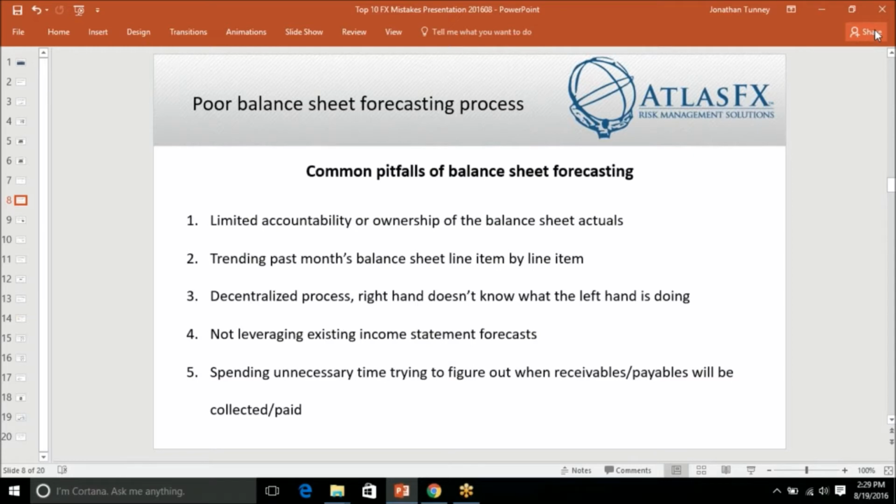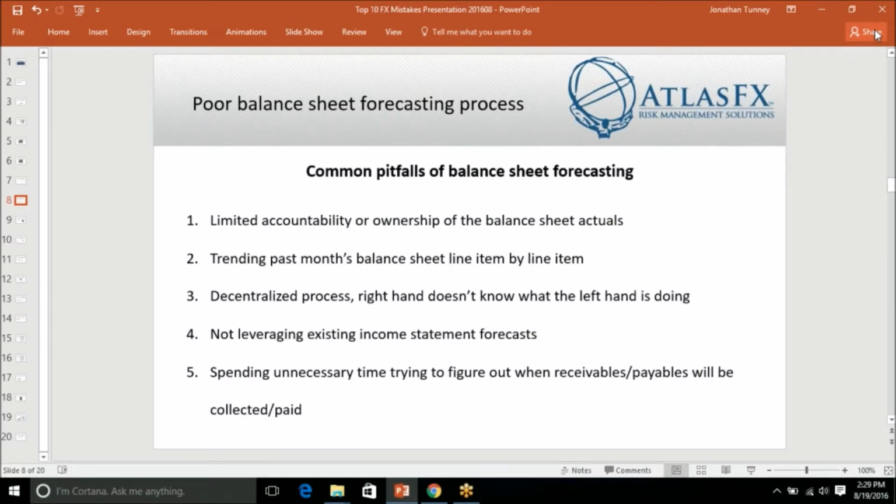It's actually very complex. So asking them to come up with an endpoint for that and use that endpoint as what you're going to hedge a month in advance for your balance sheet forecast is really kind of doomed to fail from the beginning. So the main problem is that they're not leveraging existing forecasts in the company that can